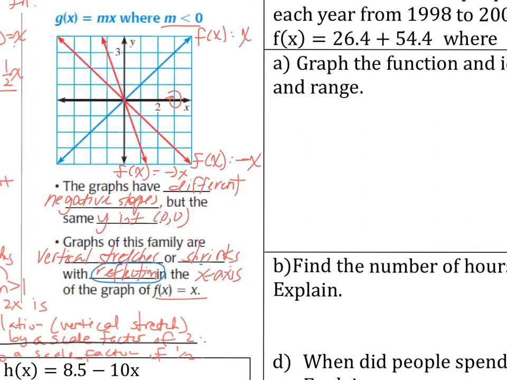This reflection in the x-axis refers to this negative sign here. So this graph has reflected about the x-axis and forms a perpendicular angle here. Okay, and then if we stretch this graph a little bit towards the right,